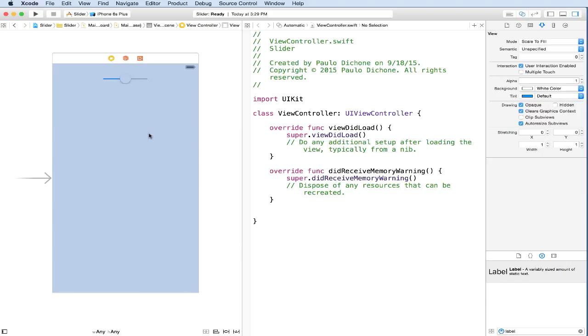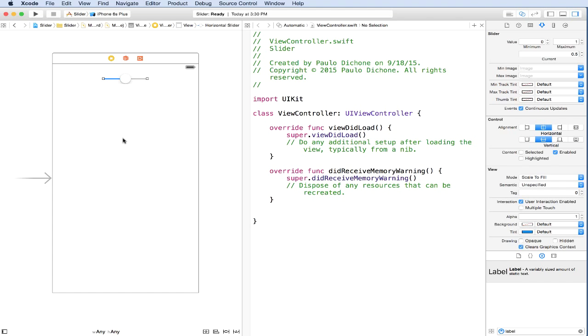Okay, so now we are going to go ahead and connect our slider with our code. So there's another thing you can do in order to connect our user interfaces with our code. We usually click on the item and say Control and drag, right? But I also notice here I have a mouse. I notice also you can just right click, and guess what? You get the same results. And let go, and there you have it. Okay, so either way, it's fine.